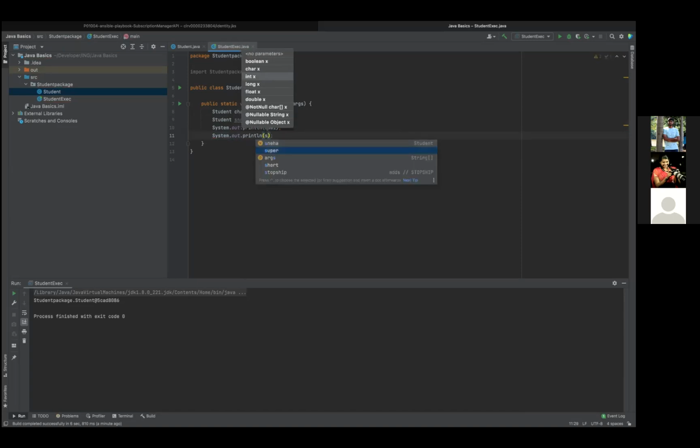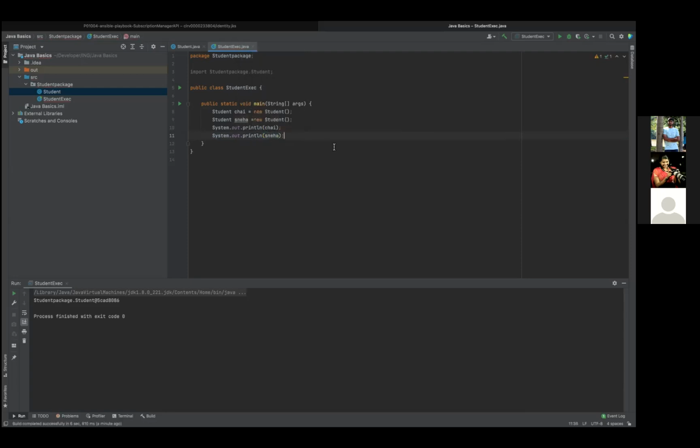Yeah. And then execute the program. Yeah. Try to execute this program again. So now you can see two different references are created, and basically two object spaces are created in your heap memory.